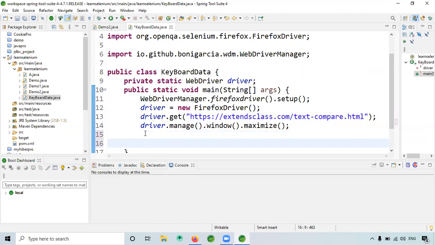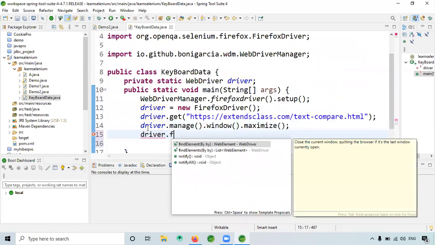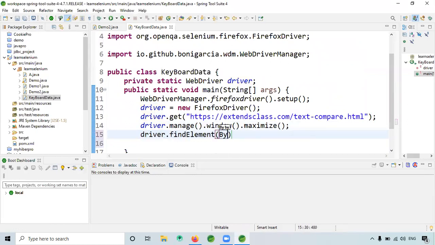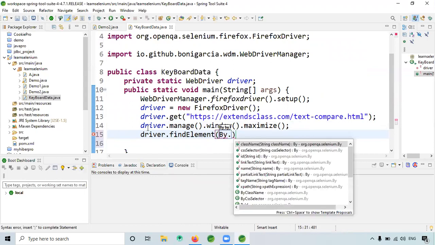As usual, we have to find the XPath. For that, driver dot find element by, let's see what is there here.